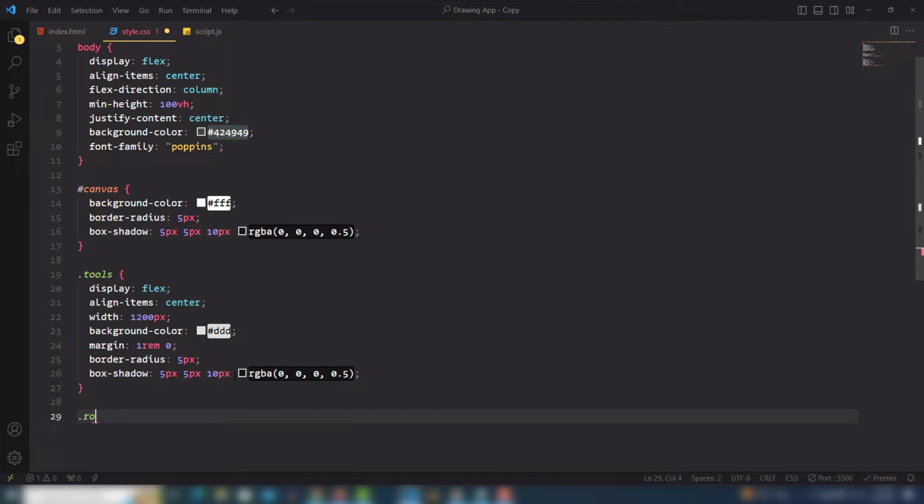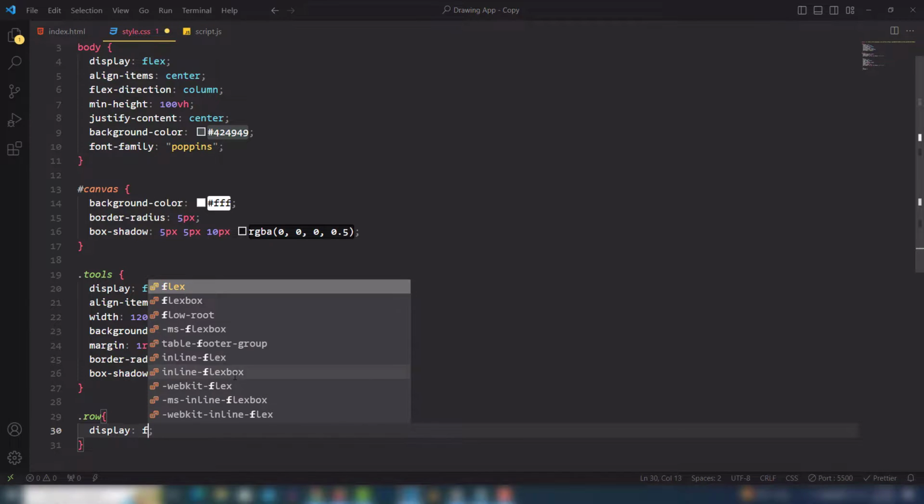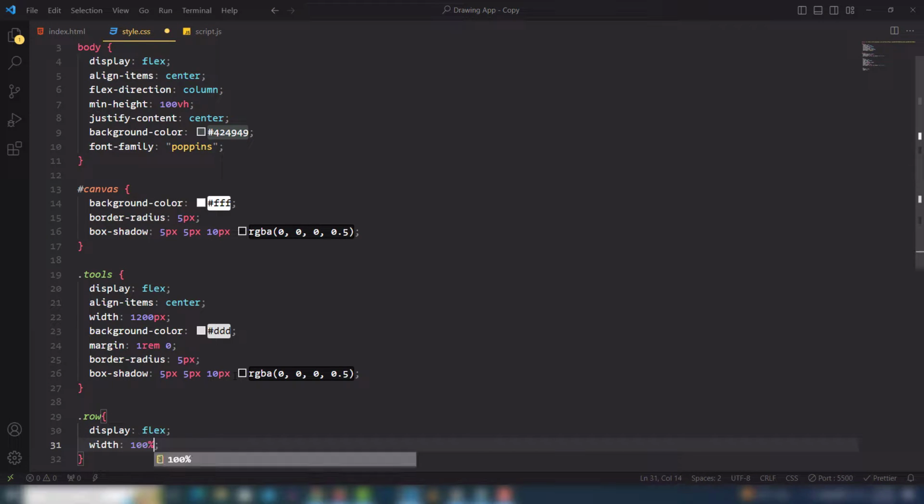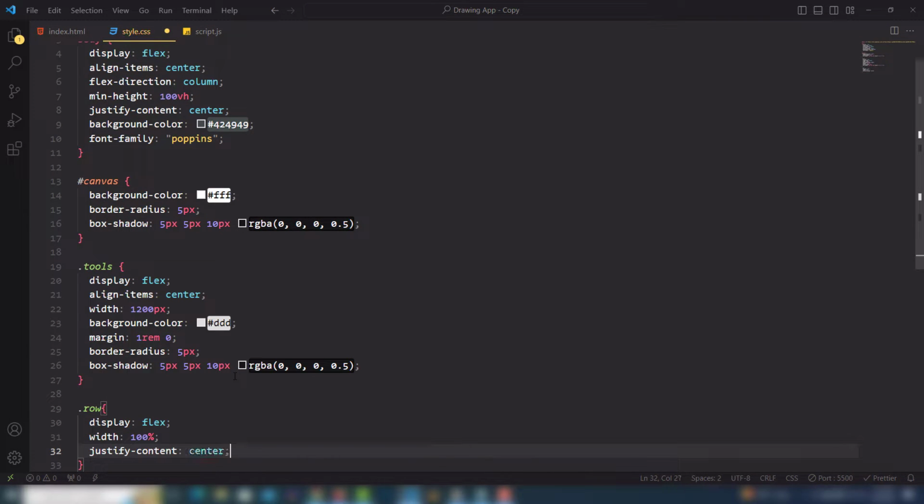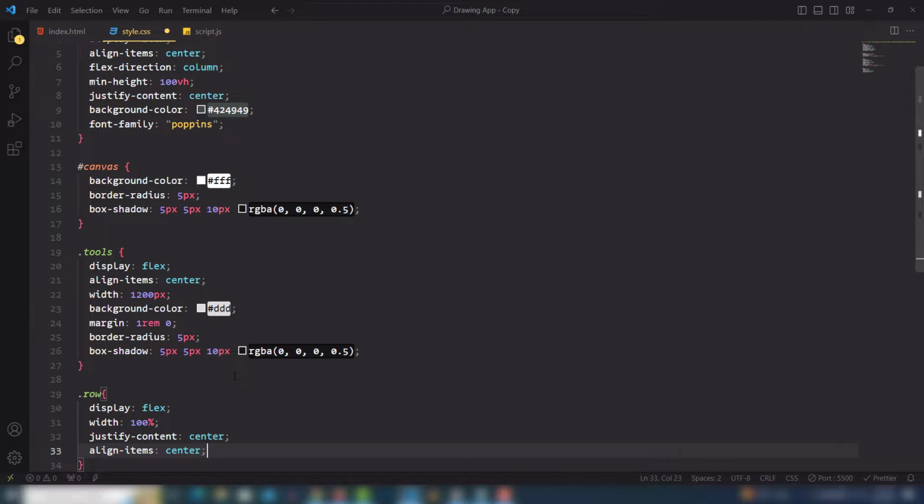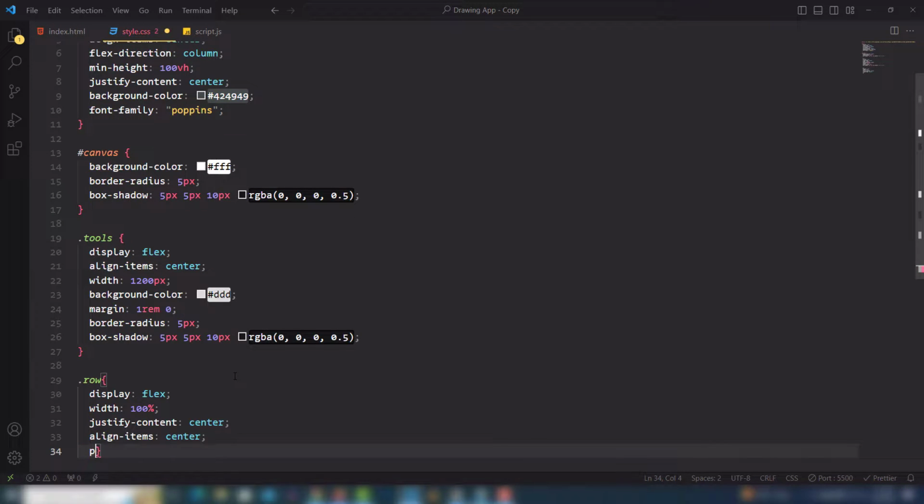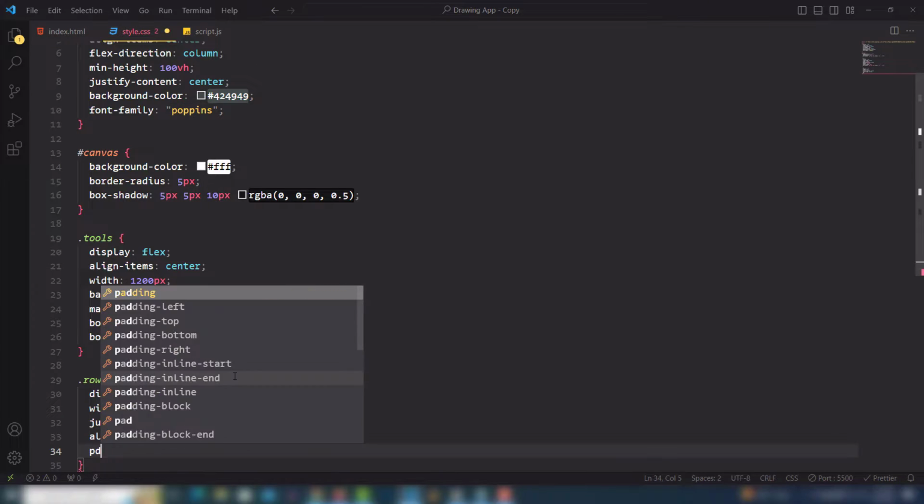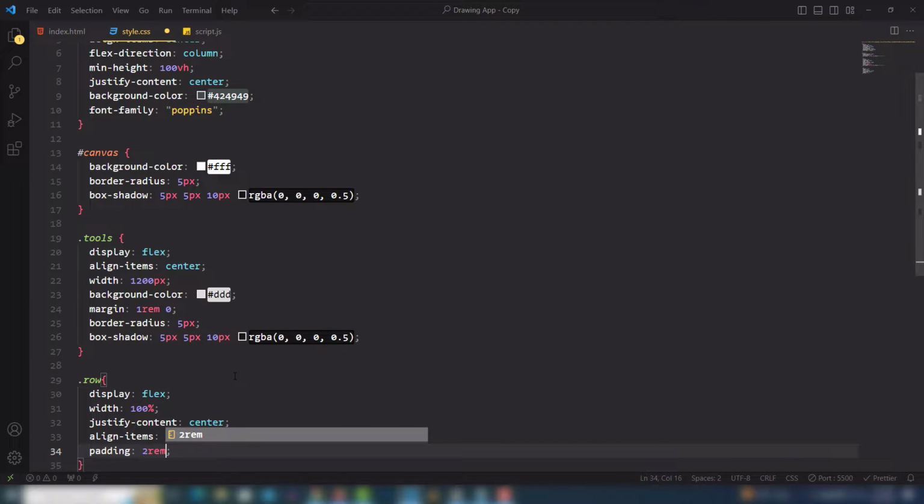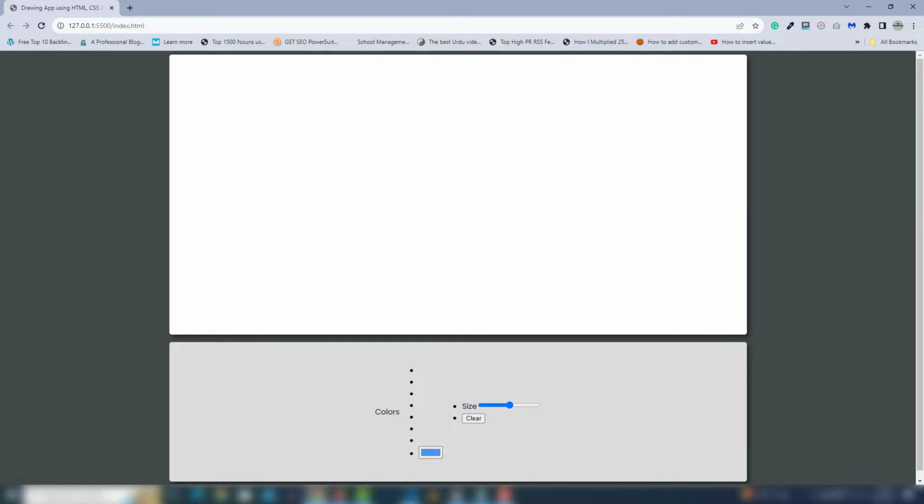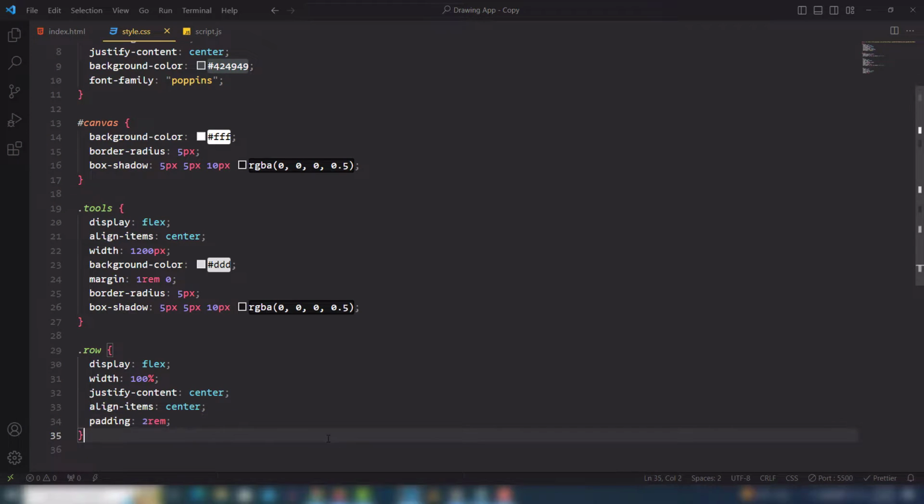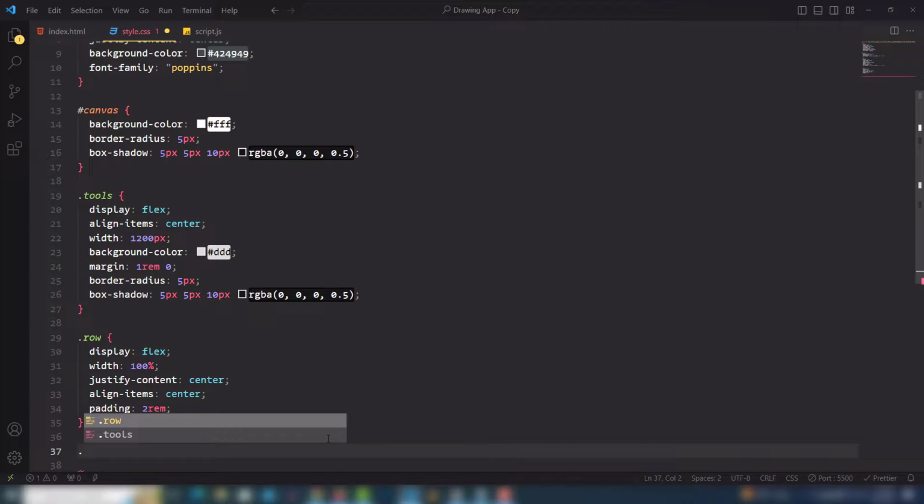Right, so select the row, use display flex with 100%, justify-content center, align-items center, and I'm going to use padding to make a space with our tool which appeared inside the row section. So look at that. Don't worry, we will use the CSS to remove the bullets. Let's select the row UL